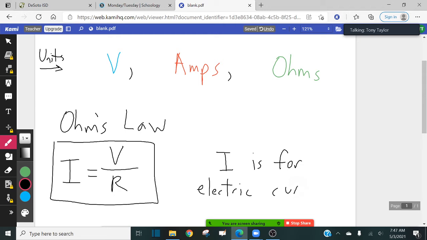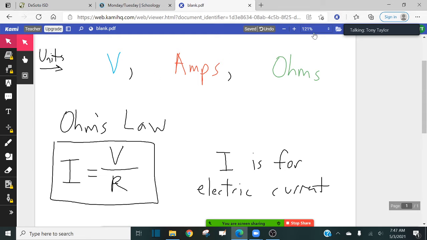So this is the most important thing that you guys need to know for today, is Ohm's law. Ohm's law says that current is mathematically equal to the voltage of the battery divided by the resistance of the circuit. Okay, so everybody got that? So one more thing that I want to discuss before we get to that assignment